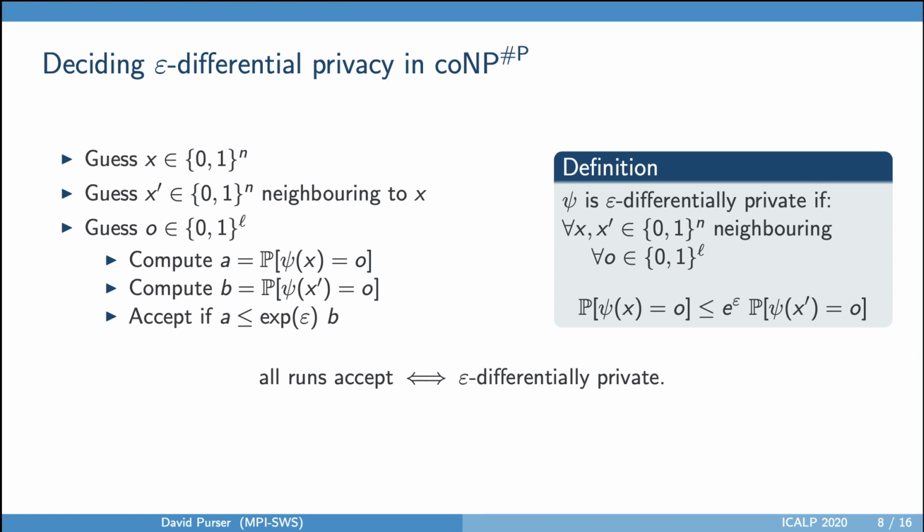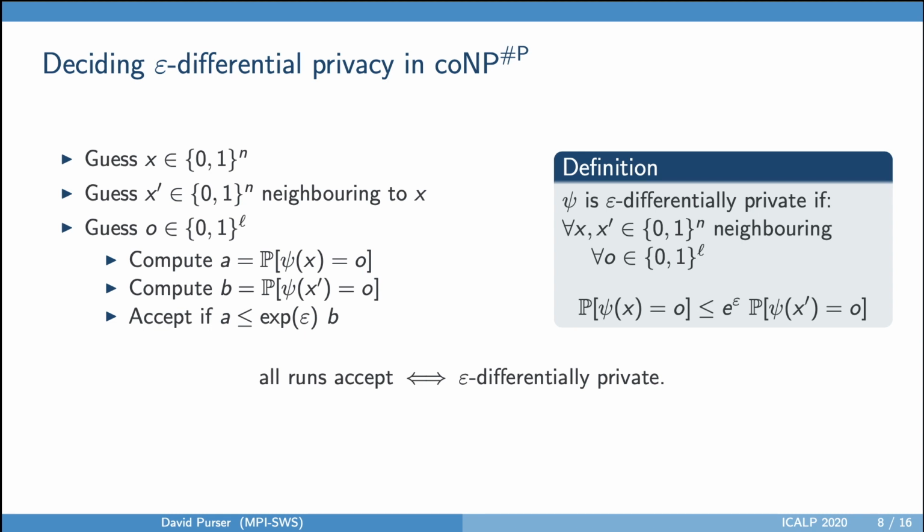This is a slightly different form. Instead of quantifying over all subsets of events, you only need to quantify over singleton events. The program first guesses two inputs which are neighbouring and an output which are candidates for violating differential privacy. To compute these numbers a and b, probabilities need to be computed, and this is done using a #P